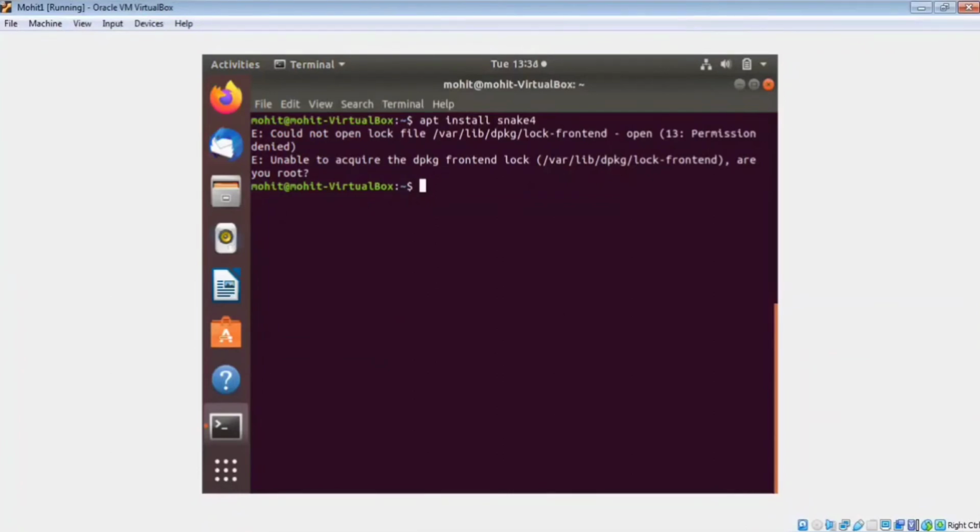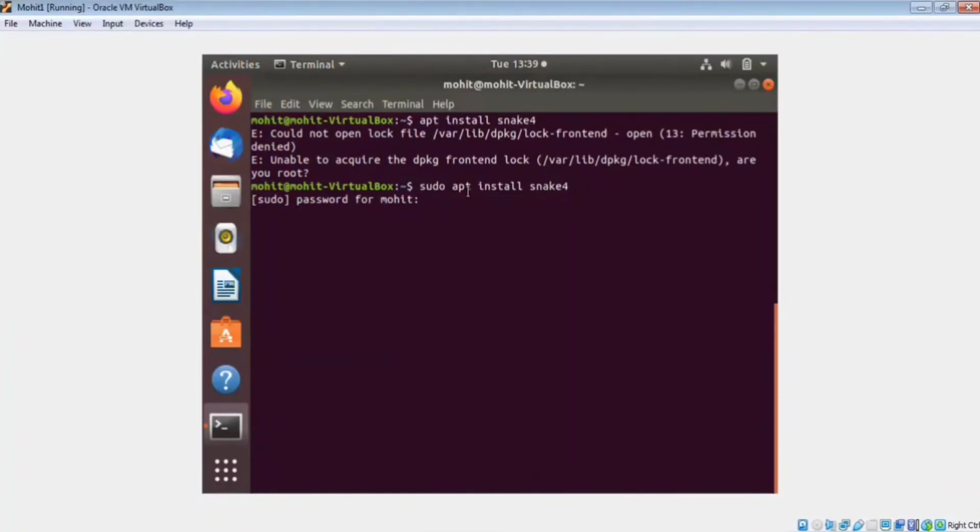Now see, it is like this. Wait, sudo apt install snake 4, then press enter.